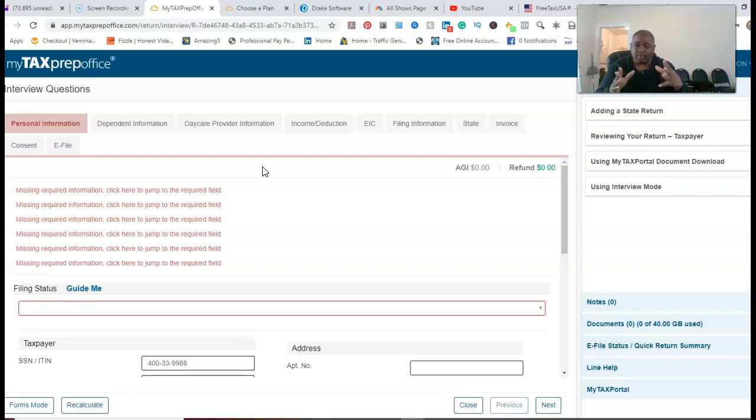You know what I'm saying? Versus Drake versus myTAXprepoffice, what you want to do is check out both. You want a demo of Drake's, you want a demo of myTAXprepoffice, and you want to ask yourself which one is the most user-friendly, that you can use that ain't going to frustrate you, or motivate you to be able to do returns day in and day out, and not be concerned so much about